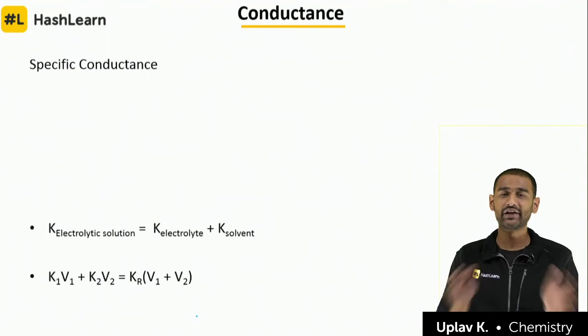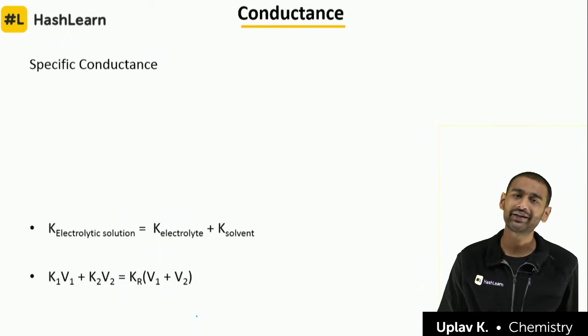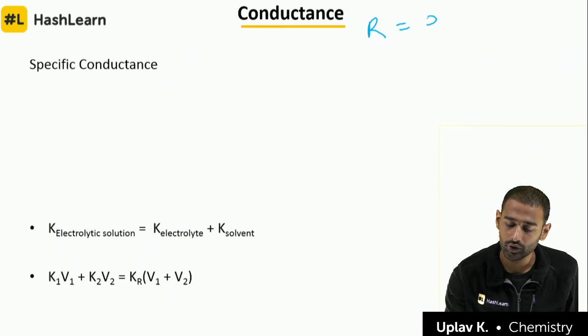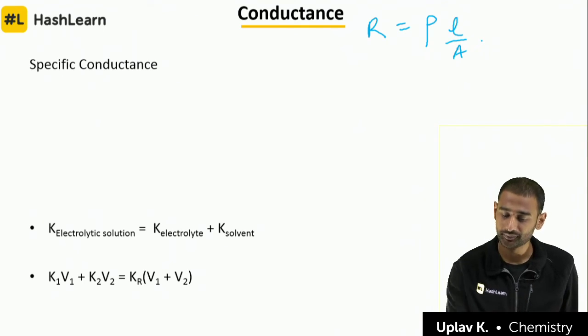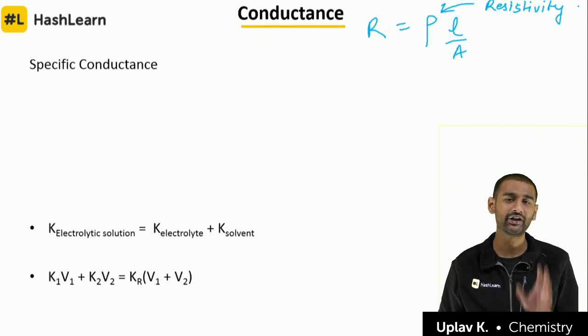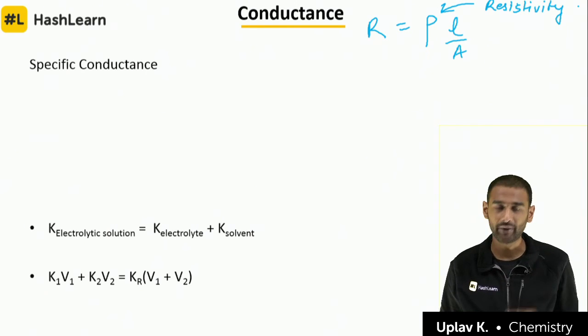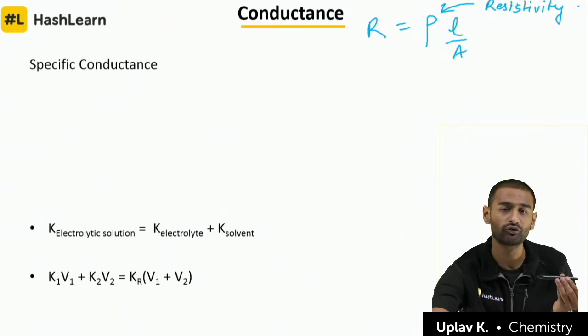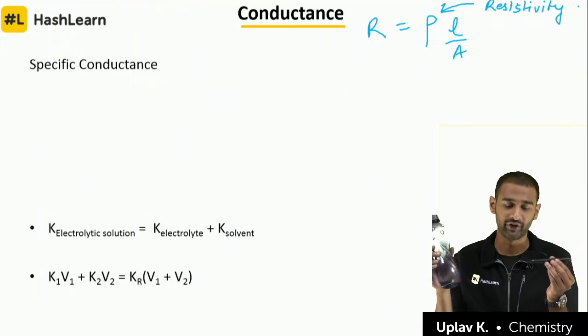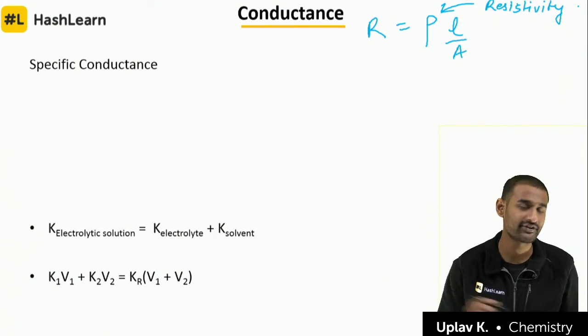Now let's talk about a more generic concept, that is conductance. Okay, so what is exactly conductance? To understand conductance, let's first understand what is resistance. Okay, so resistance R is equal to rho into L by A, right? Now बहुत simple meaning है, rho is the resistivity, and this depends basically on the nature of the particle. Okay, so if I am talking about suppose this thing, or if I am talking about water, right, दोनों का resistivity different होगा, hence the resistance they offer will also be different. Fine. So I can say that this is the resistivity.